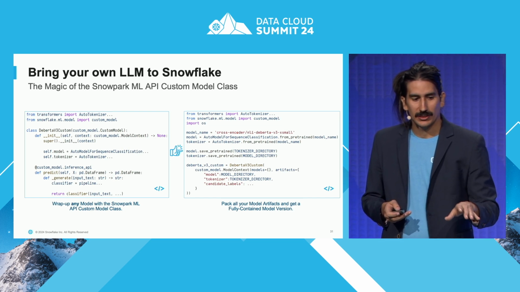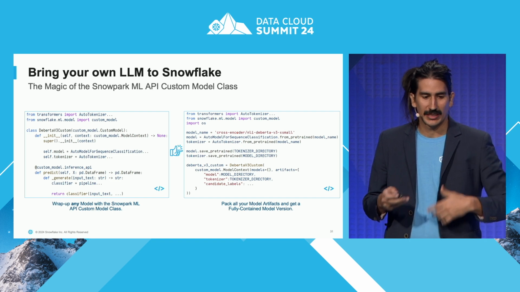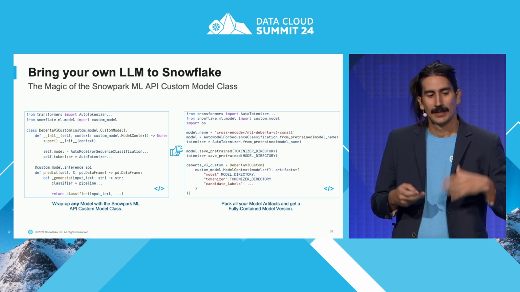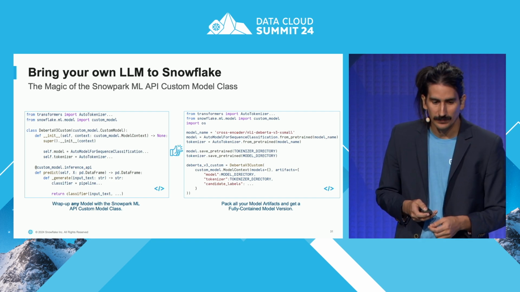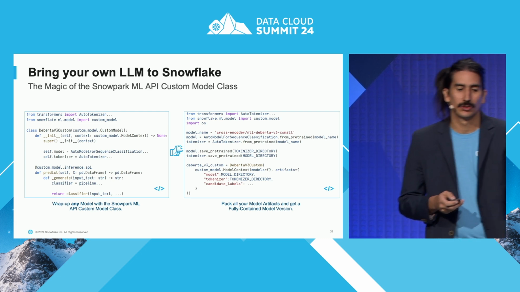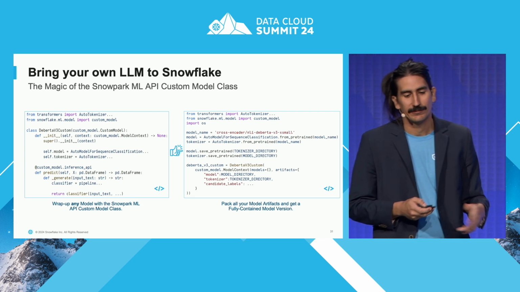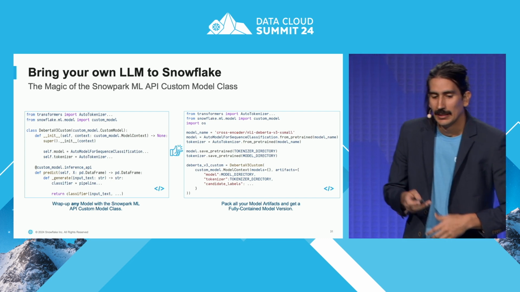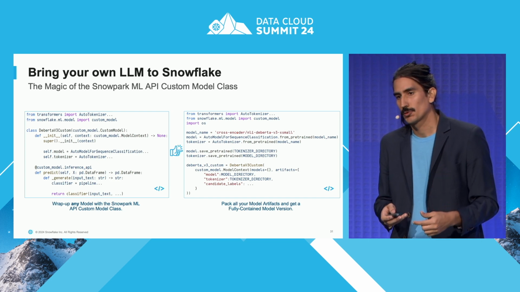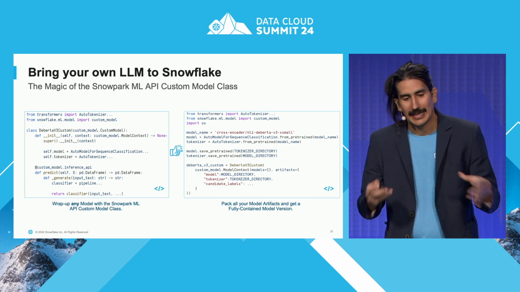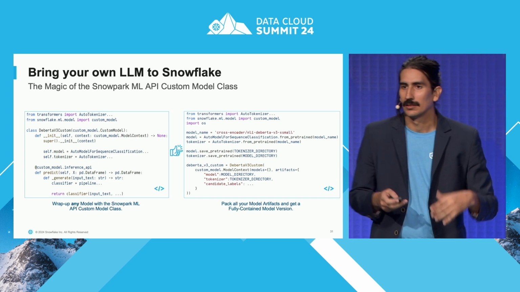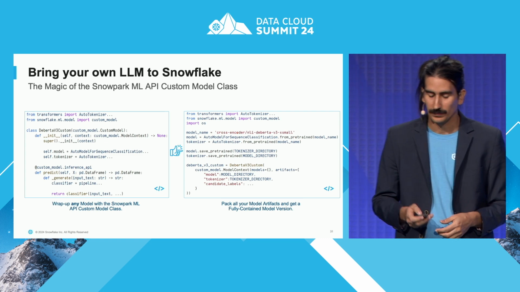So on that prediction function is where you will put together all the transformer libraries to make the classification. After that, you just need to instantiate the class, providing the artifacts that the model will require. And that's it. With those simple steps, you will be able to get a model that captures and encapsulates all the complexity of interacting with that transformer library.